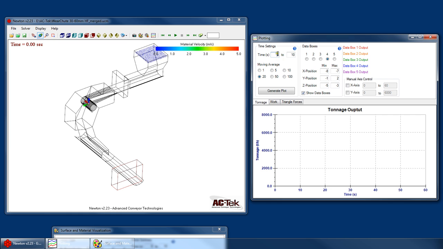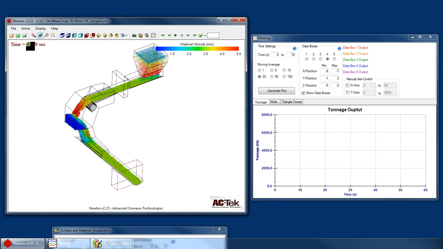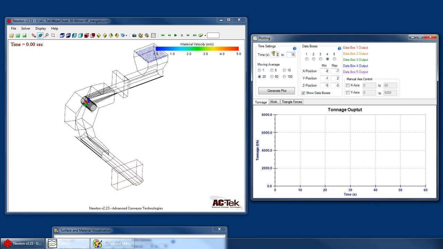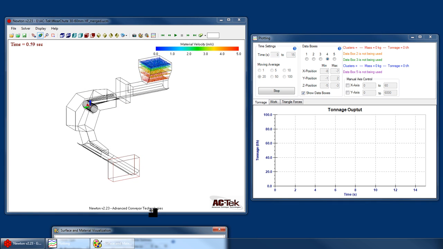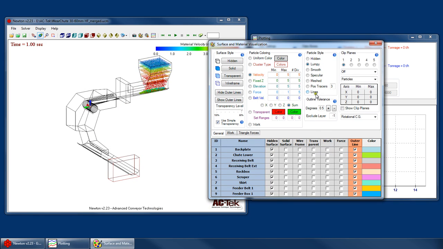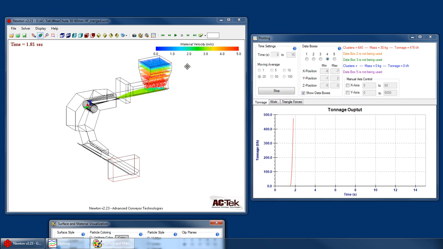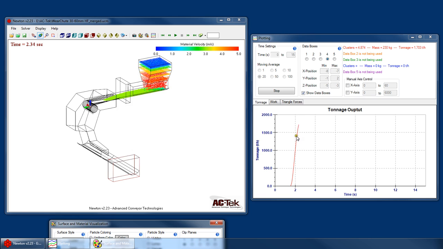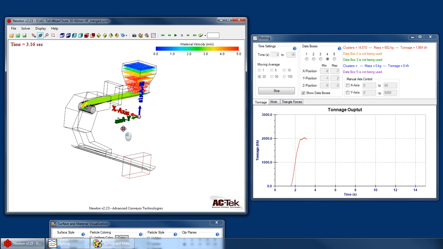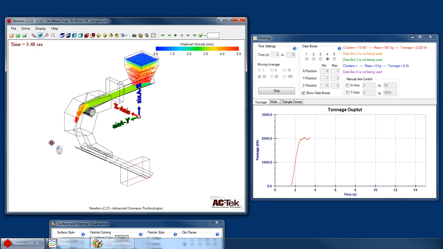We'll go ahead and generate a summary. This file goes all the way to 40 seconds, but we don't want to generate that whole summary. We'll just go from 0 to 15. That should get us to steady state. And then we'll hit generate. I'll change my rendering mode to lines because that's going to render the quickest. We can see that our data has started entering the input tonnage box. It's going to take a few seconds before the data gets to the output tonnage box, but in the meantime